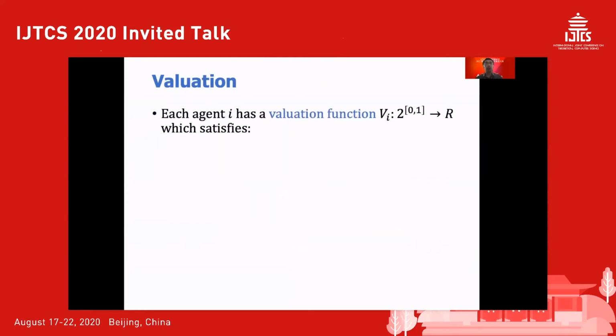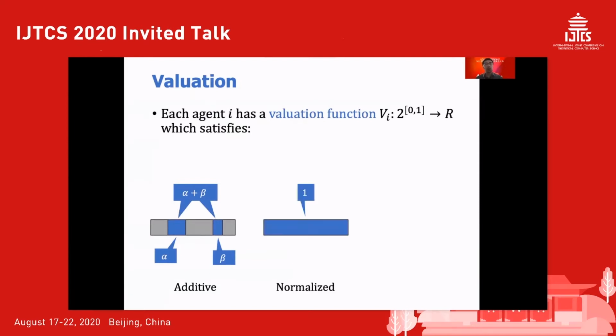We're also going to assume that every agent has a valuation function that maps each piece of cake to a real value that measures how much this agent values this piece of cake. We assume this function could be very general. It satisfies only the following very general conditions. First, we assume it's additive. That means the value of an agent on two pieces of the cake will be the sum of this agent's values for each of the pieces. We also assume normalization, that is, every agent values the whole cake as unit value.